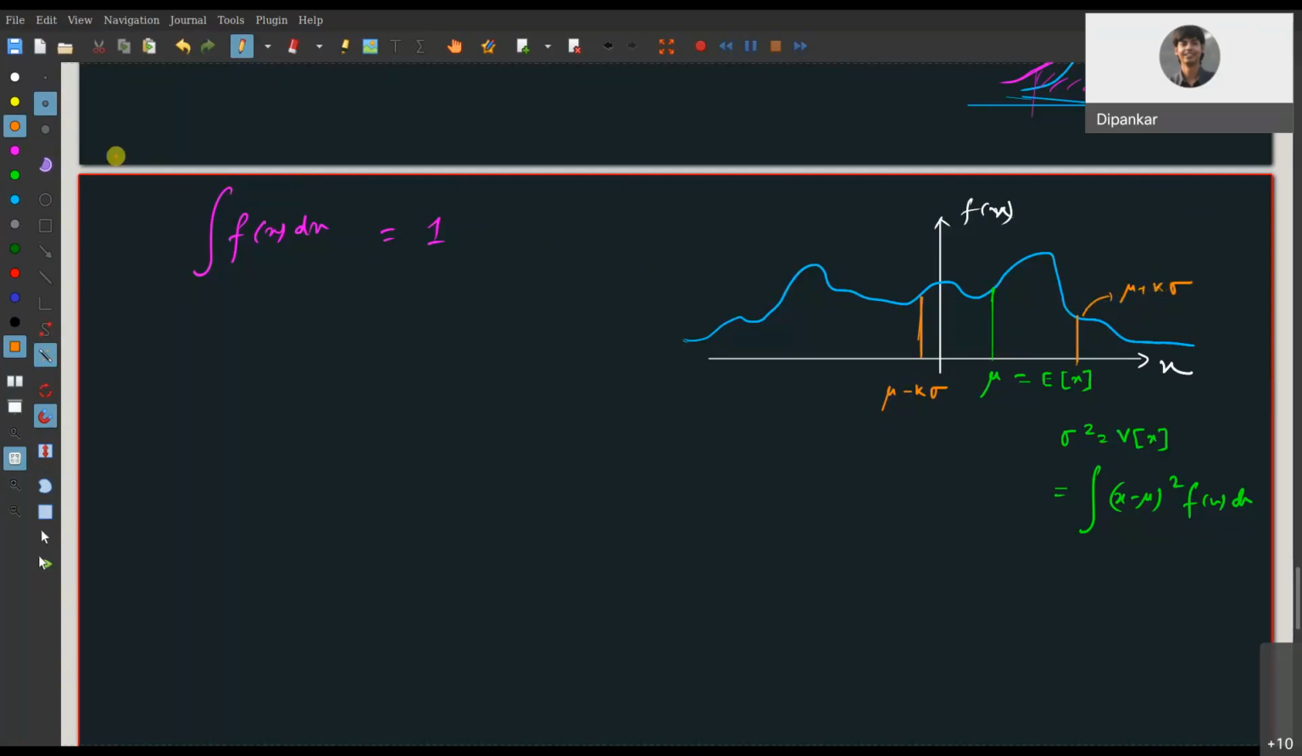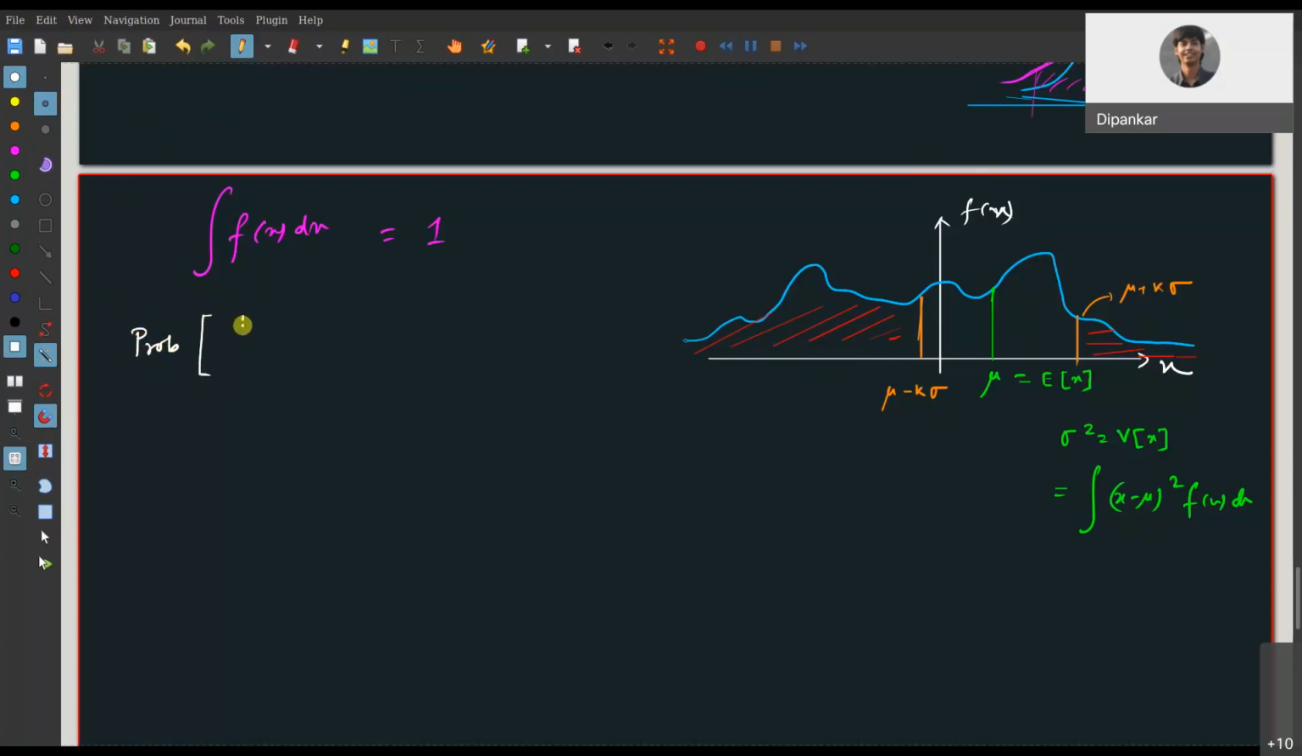Now, what is the probability that my random choice of x will lie outside this region? That means in this region or in this region. So I want to know, given any arbitrary distribution f(x), what is the probability that a randomly sampled x will lie k sigma away from this mean mu. In essence, what I am trying to find out is the probability